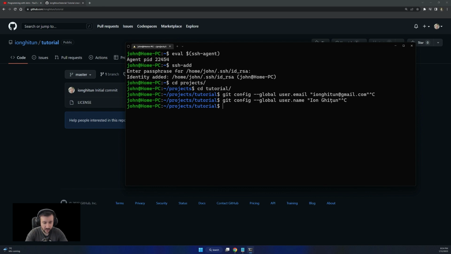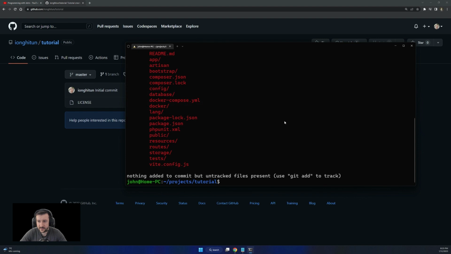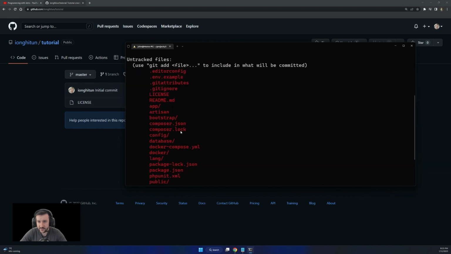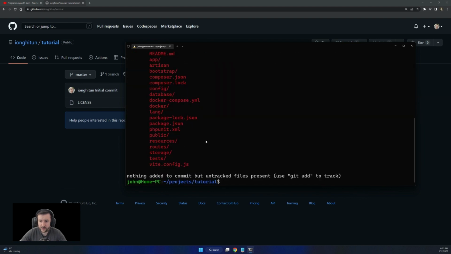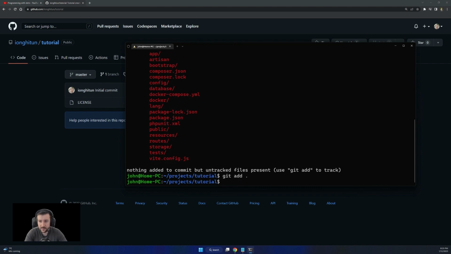After you have these commands, in the tutorial folder, we're gonna do a git init. That will initialize an empty git repository in here. So we want to check everything with git status. We have all of that in there, so nothing is committed. So we're gonna do git add . and the dot will add all the files to git that can be tracked and are not in gitignore.